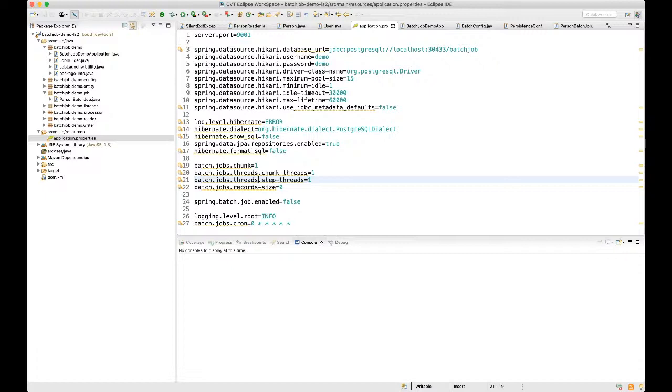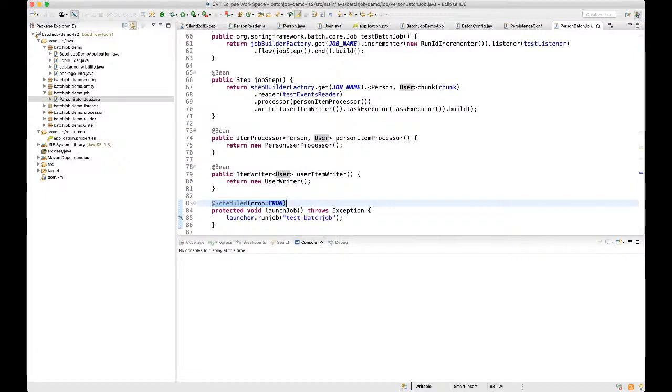Here we have set the database URL, username, password, and all the database related section. And here I have said that my cron would be 0 star star star star star. That means every minute. So if we are going to run this job, it is going to run every minute.